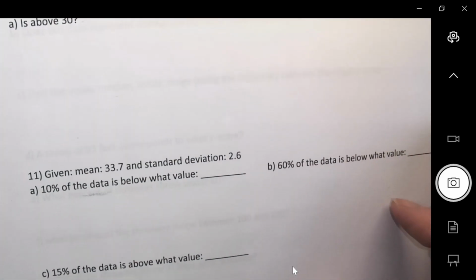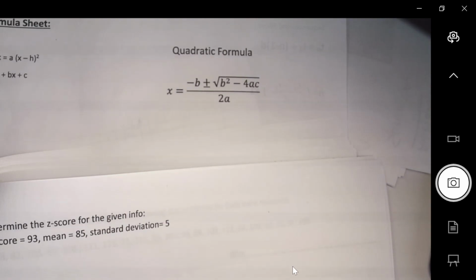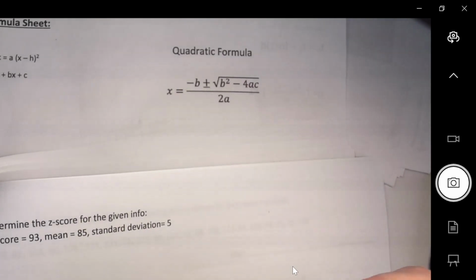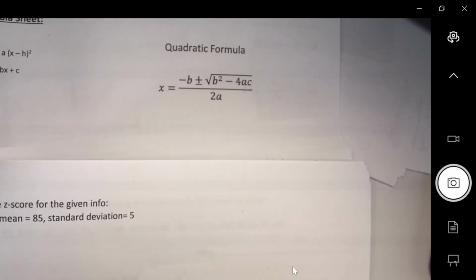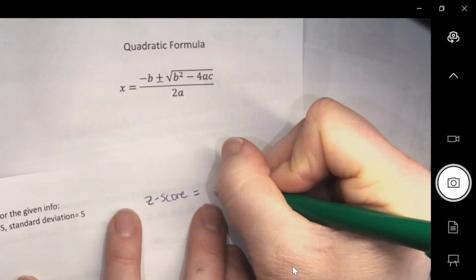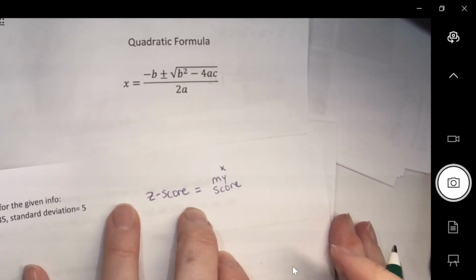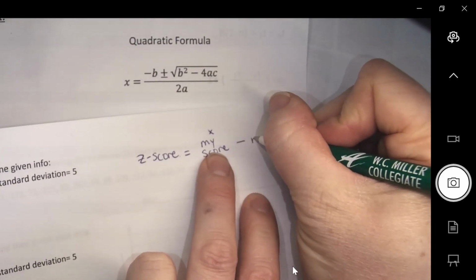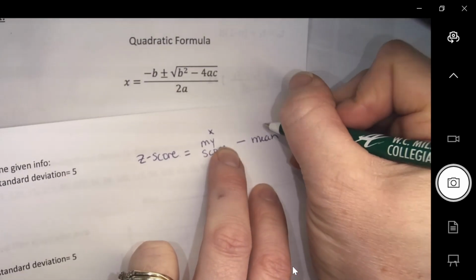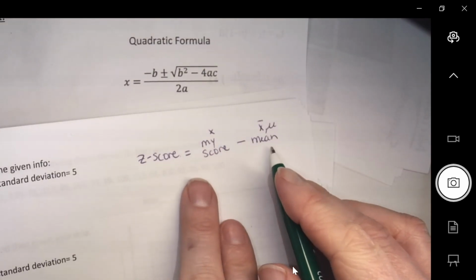Okay, I think we're going to need to write some stuff here. Okay, you would be given the Z-score formula. I might suggest just writing it on your paper the way you want it to state. So I would go Z-score equals my score, which is an X, minus the mean, which is, I don't know, sometimes it gives you a U and sometimes it gives you an X bar,